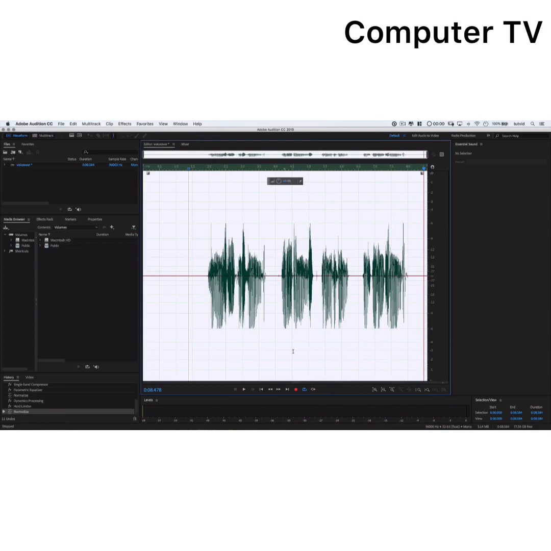So it can be a very helpful tool to have in certain situations when you need to have your audio levels